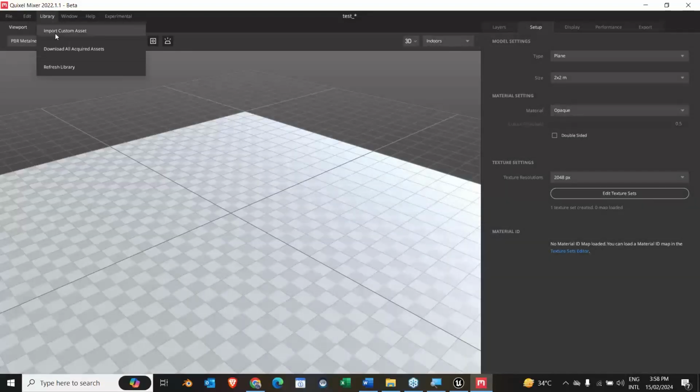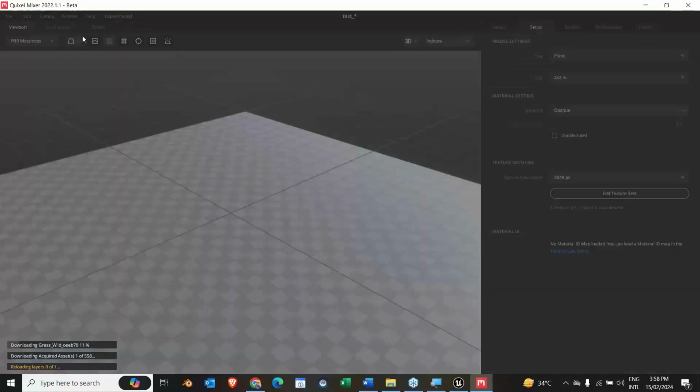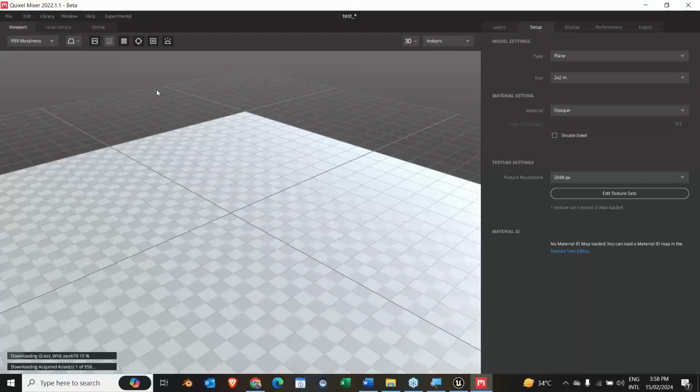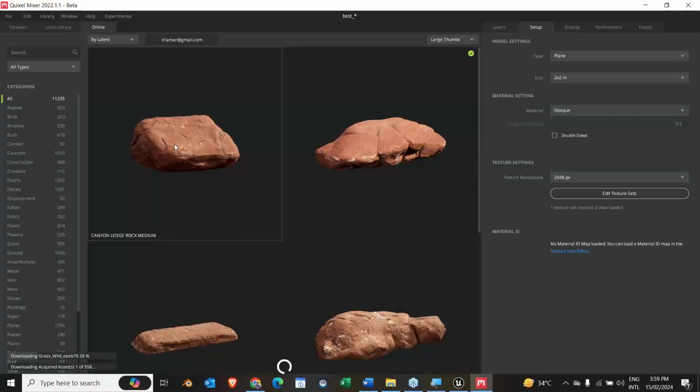Again, go to the library. We have import custom library, download or acquire assets. If I want to download any assets into this, yes, it's already downloading here. You can see library. Then we have the refresh library, right? When we see the refresh library, here you can see the local library, which assets I have downloaded, right? And online, this is all